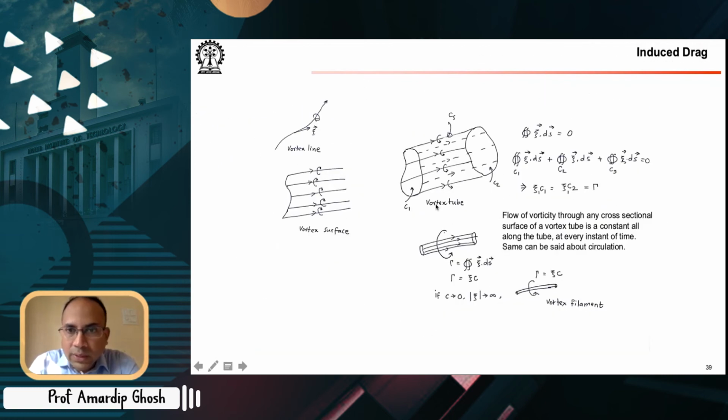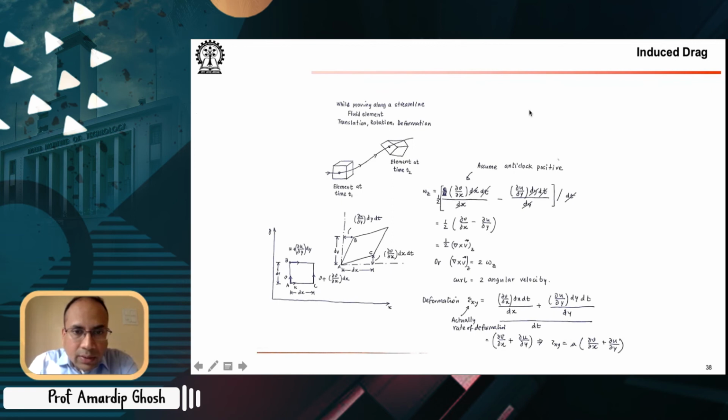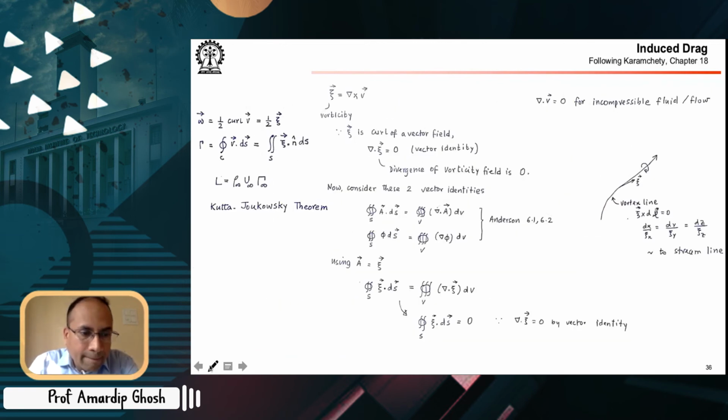Now look at this one. So we just said that because of the divergence-lessness of the vorticity field, this thing will become 0 over the entire surface that is bounding the volume. So here this surface is bounding this volume. So what you see here is,